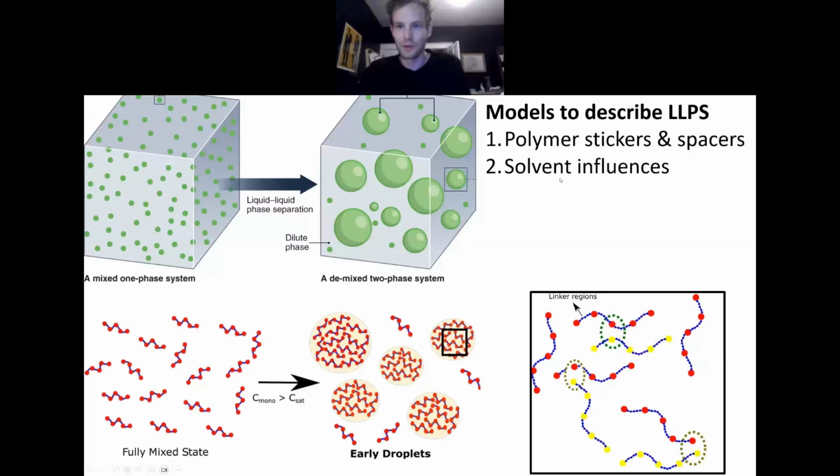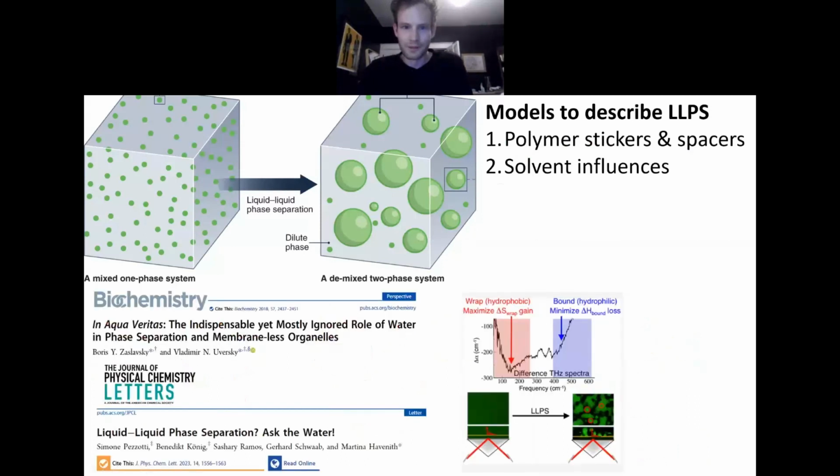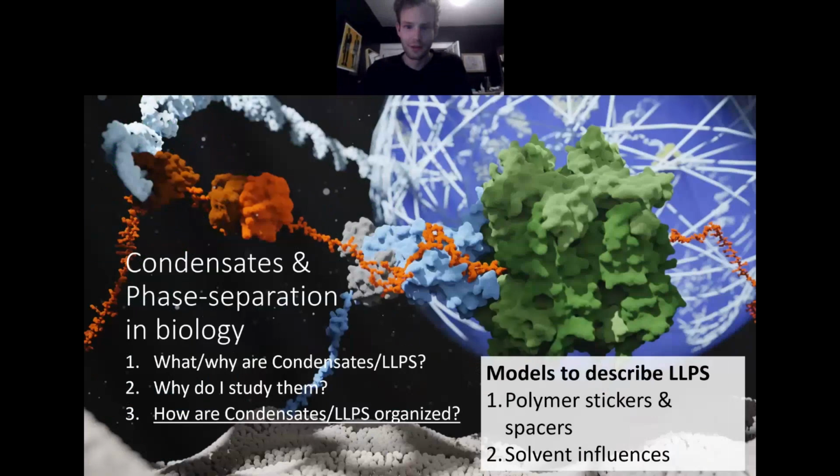So we have this polymer, stickers, and spacers model, but then there's also another way to wonder, as opposed to just the polymers and the protein, what the water is doing. So we consider that in solvent influences. And this is brought up by a couple recent reviews, like Aqua Veritas, the indispensable yet mostly ignored role of water in phase separation and membraneless organelles, or liquid-to-liquid phase separation, Ask the Water. So here are some physical biochemists saying that we should be paying attention to water to understand what's going on with phase separation. So now when I want to understand how the condensates are organized, I want to understand what the polymers are doing and also